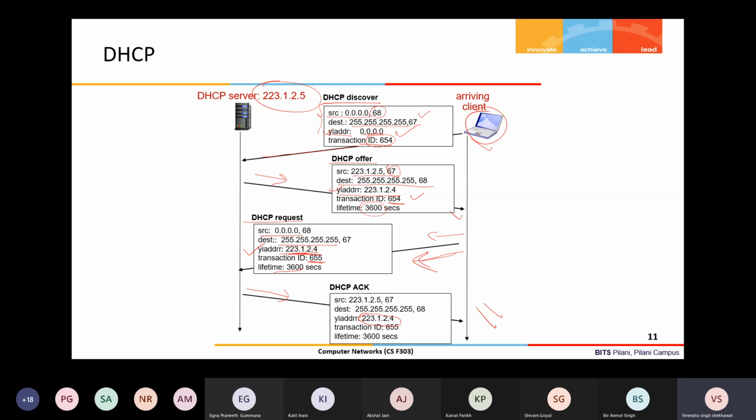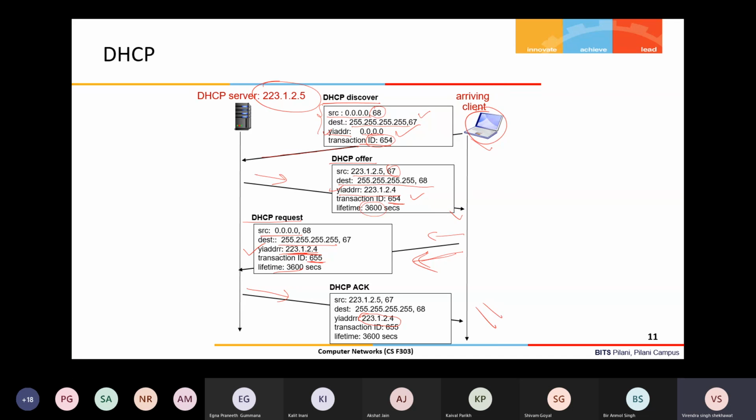That IP address is then used for further communication until the lease time is over. After the lease is over, the IP address will expire, and either a renewal is done before that, or it needs to be requested again.